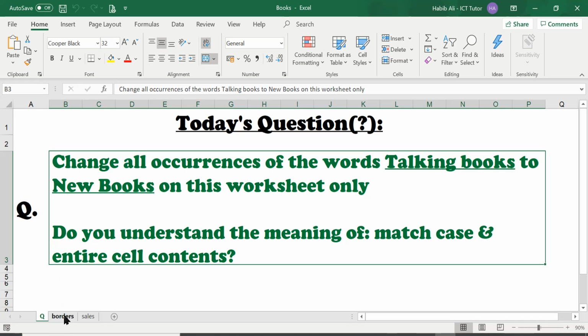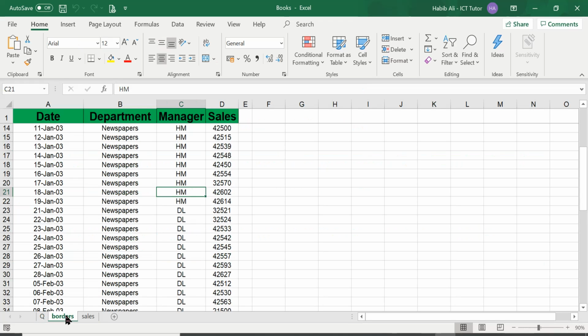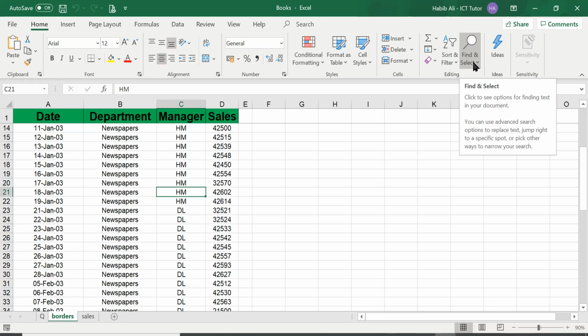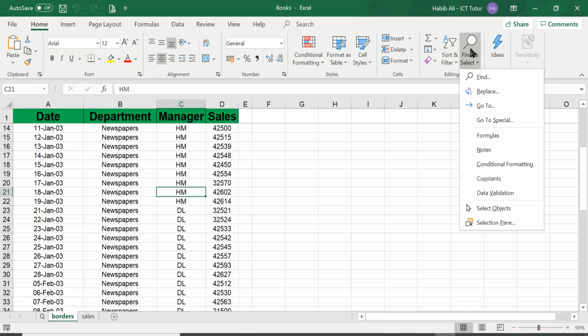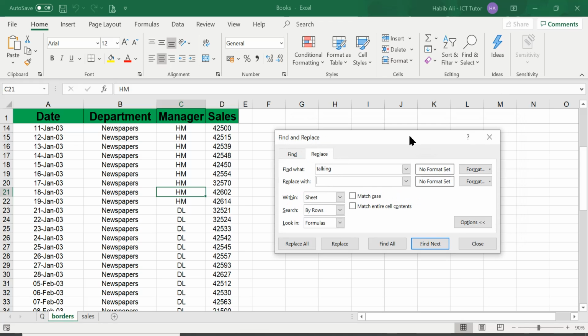So I'm going to be using the borders worksheet. So just going to click on there. Now this feature is available in the ribbon under the home tab and right across on this right hand side in this group here called the editing group. And just up here, this is the option we need called find and select. So I'm going to click on it. And then I'm going to go straight down to replace rather than clicking on find, and I will tell you why. So I'm just going to click on replace, and by doing so it opens the window or the dialog